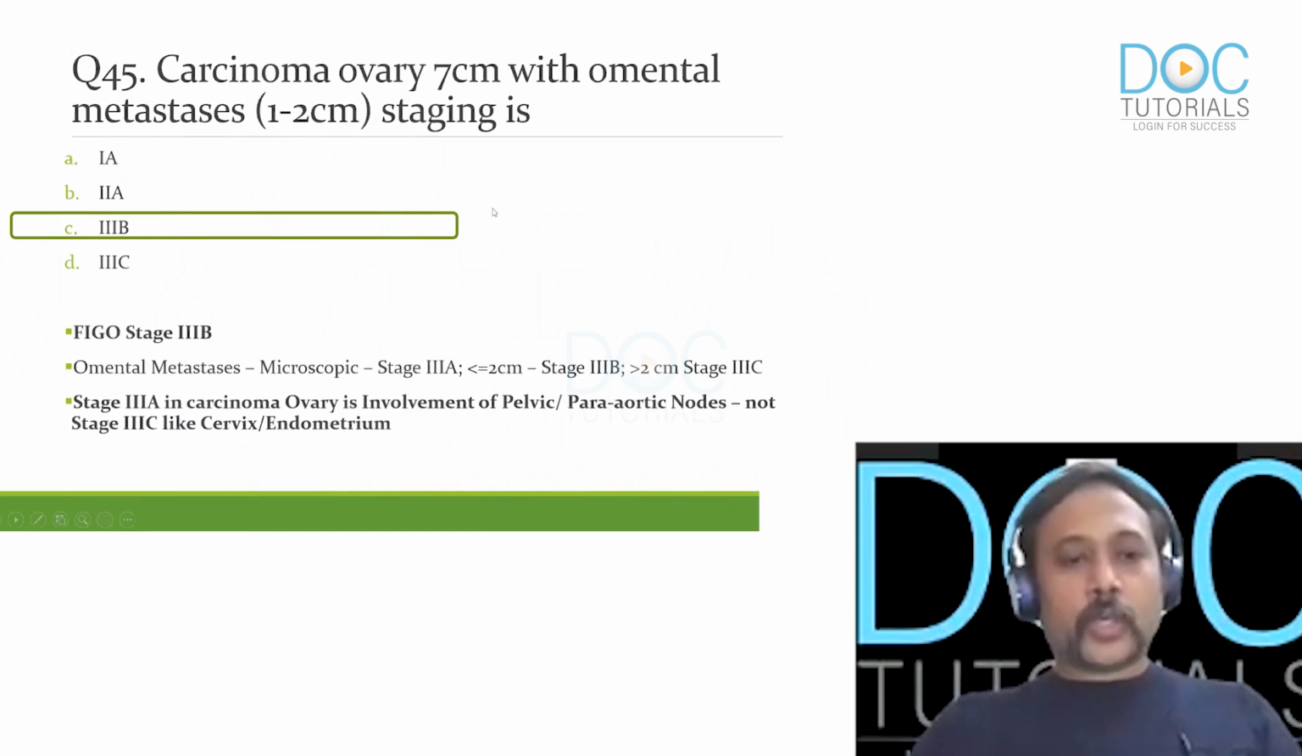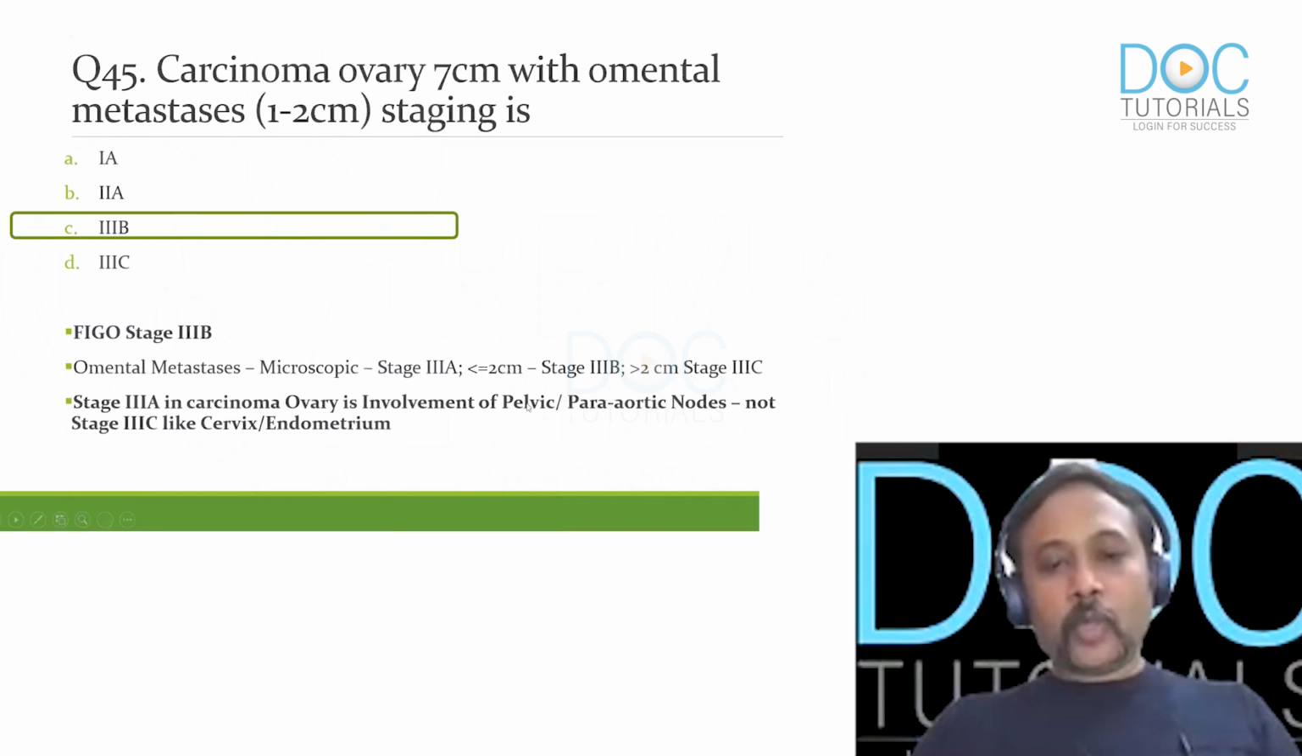So one other question that comes routinely will be involvement of pelvic and parietic nodes. For example, it is stage 3A as far as ovary is concerned. Most of us will tend to mark it as stage 3C. In all other sites, like cervix, endometrium, etc., it will be stage 3C. But when you take up cancer of the ovary, retroperitoneal nodal involvement, which includes both the pelvic and the parietic nodes, both of these, it is going to be